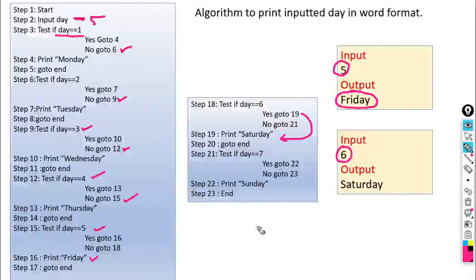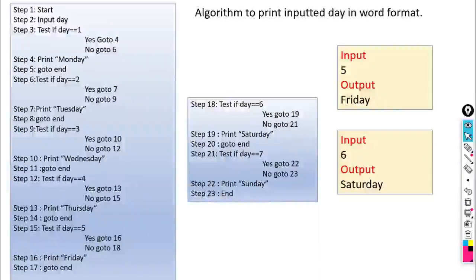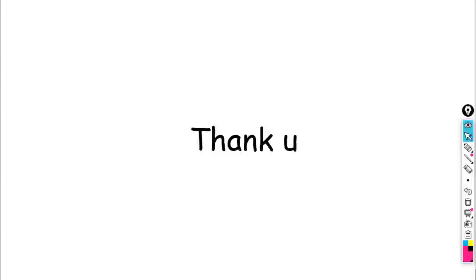Okay, so with the help of these types of algorithms we can check multiple conditions. Till now we have seen how we can write a simple algorithm, then how we can write branching statements. If only two possibilities are there, we have to use a single test if. Each if statement gives two possibilities, either true or false.